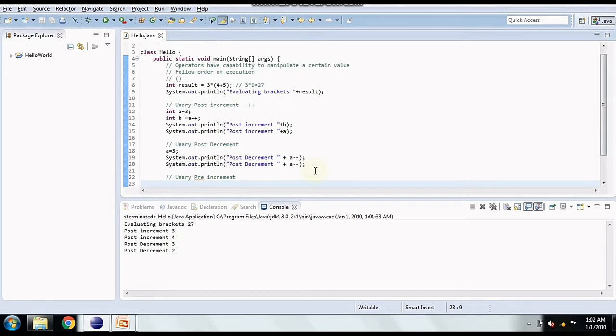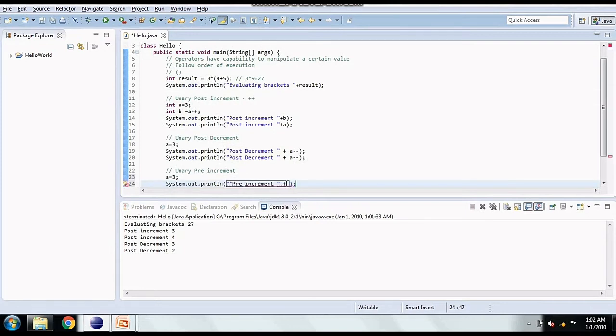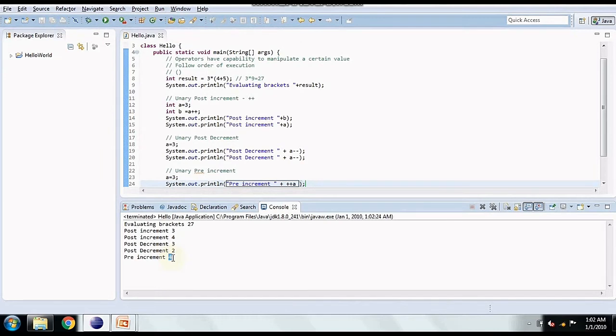So again, a equal to 3, and if I print plus plus a, since plus plus is written before the variable, it is pre-increment. So here the value will be incremented and printed. As you can see, the value is directly incremented to 4. In post increment, it was 3 and then incremented to 4. In pre, it has directly incremented to 4.